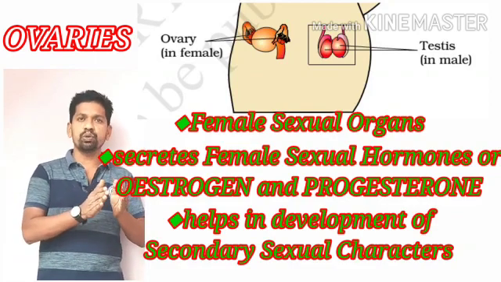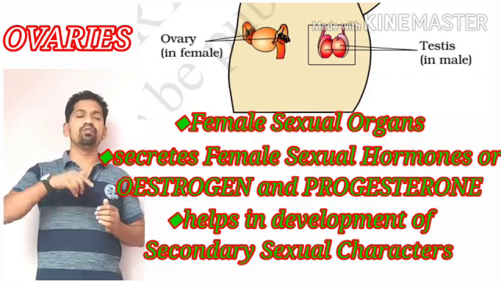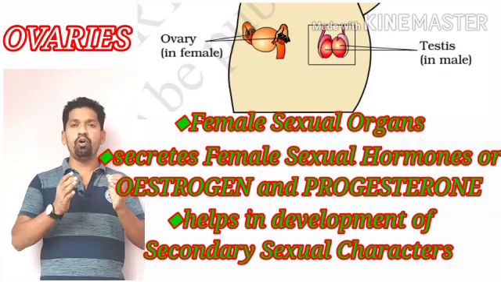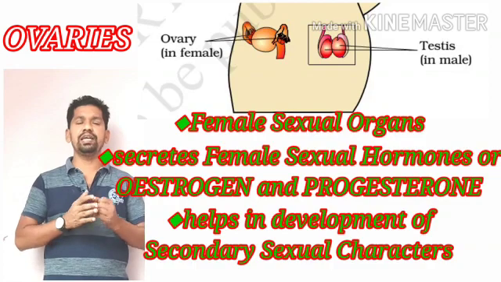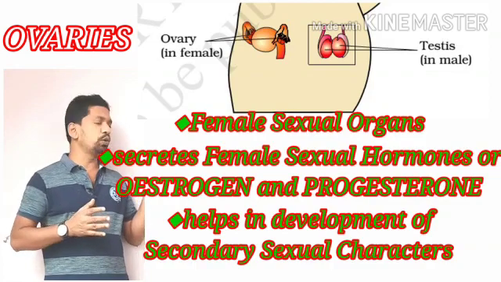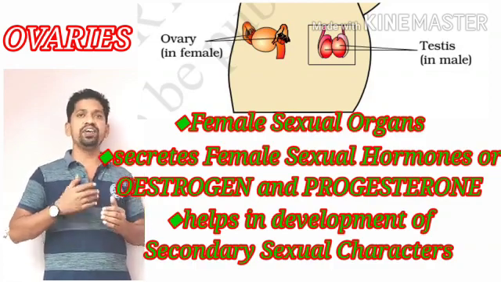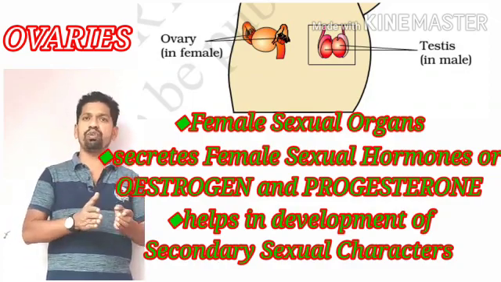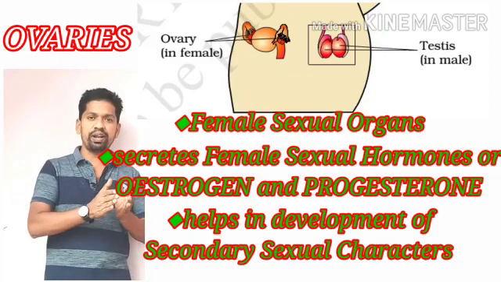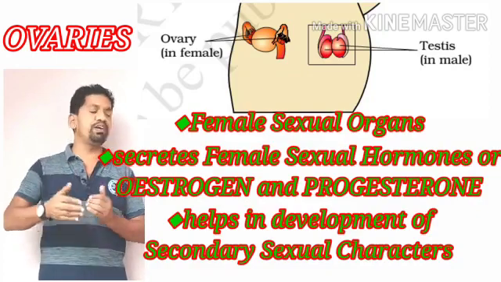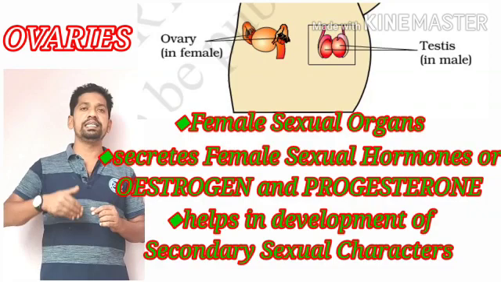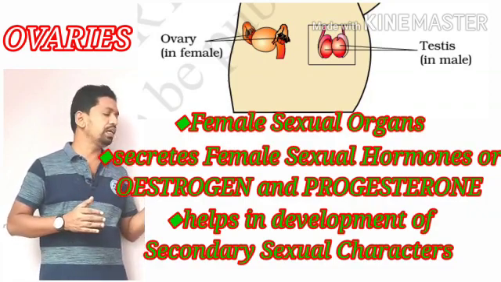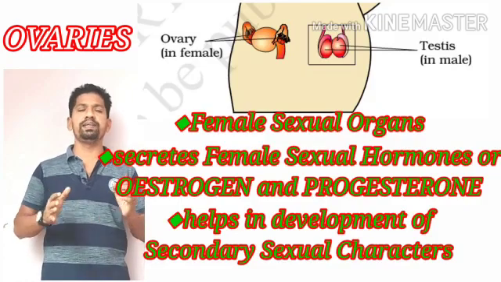The secondary sexual characters like high pitch voice, female voice, high growth in the hairs and body shape, mammary glands, pelvic bone, 28 days of menstrual cycle and ovulation, sexual desires, and all are known as female sexual characters or secondary sexual characters of the girls, which are controlled by female sexual hormones or estrogens. The powerful estrogen is progesterone produced by ovaries.